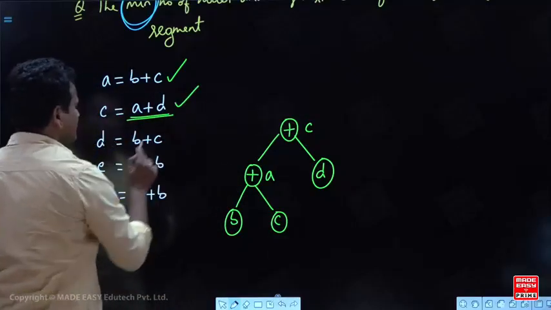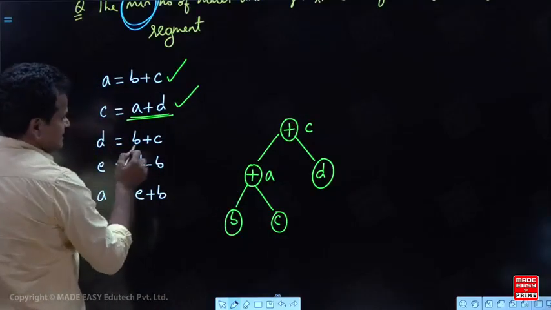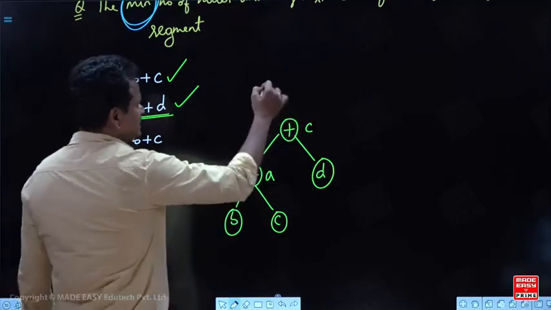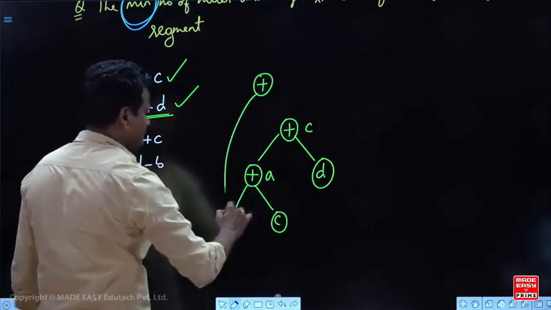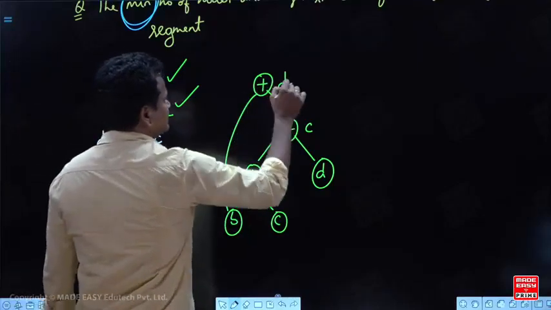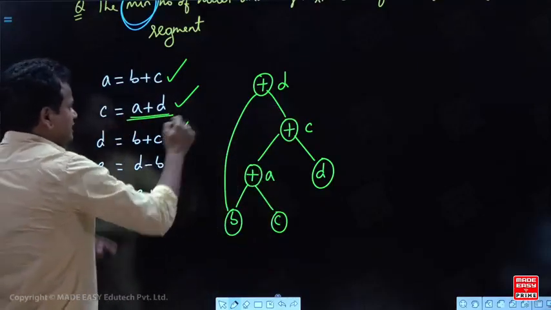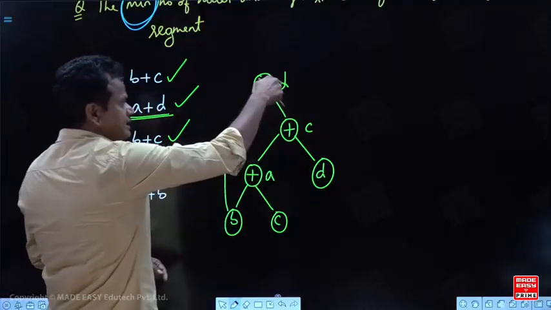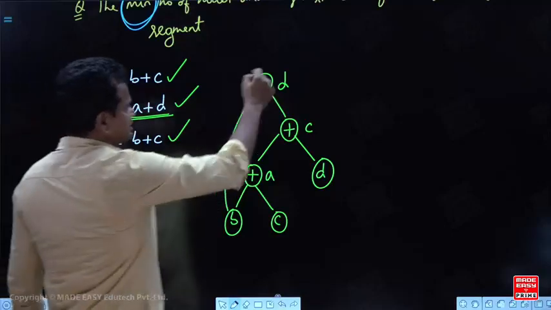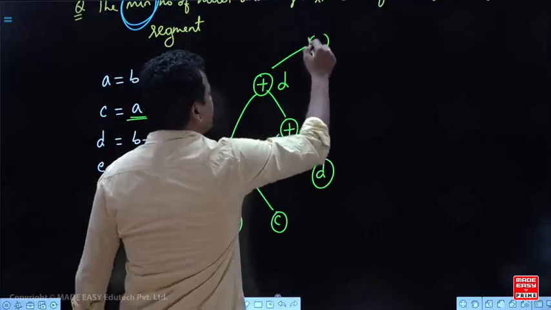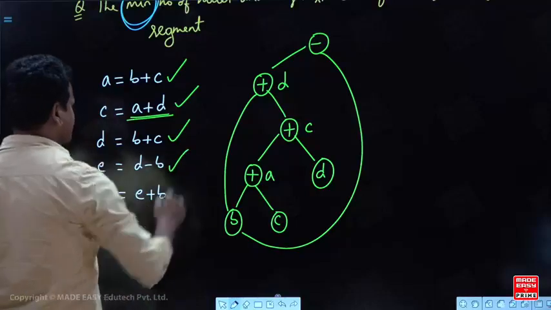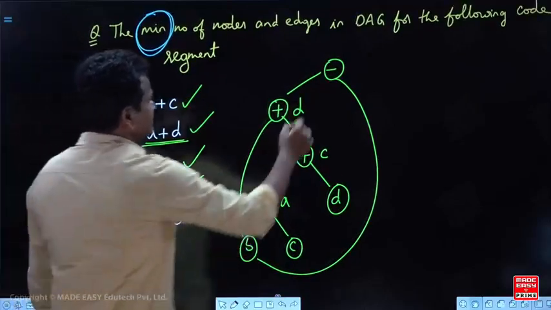Okay, this is done. Now look at this one, B plus C. Where is the latest B? This is the latest B. And where is the latest C? This is the latest C. So take B plus C. What is this B plus C? This is D. Next, after this, whenever you get the D, don't use this D. You use this latest D. Okay, then D minus B. Look at this, D minus B. So this is the latest D minus B. B is where? Here. Okay, this is done. Then this is equal to E.